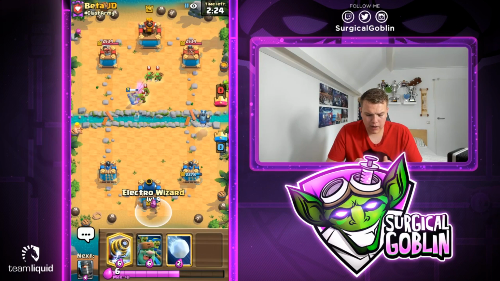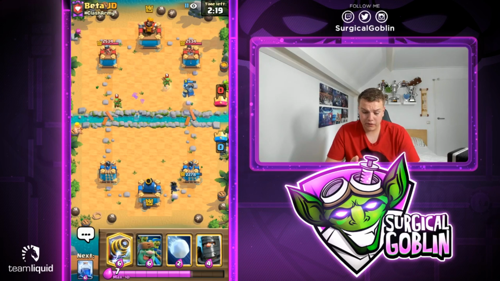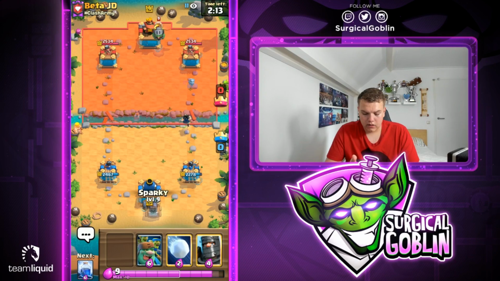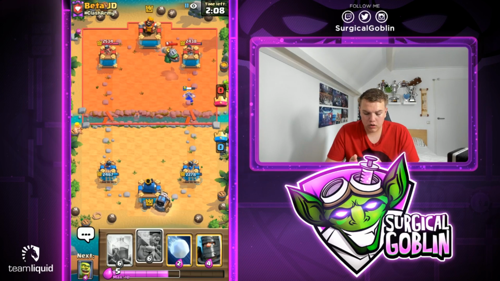So not sure what we're up against, to be honest. He has Goblin Gang, Miner, Bats, so could be, for example, a Mortar deck. Not sure if this could be a Mortar deck. Looks like he actually has Inferno Dragon. So I'll actually go with Sparky in the back. Not sure if that's a good play, but I expected him to go with something on the Electro Wizard, but looks like he actually goes with his